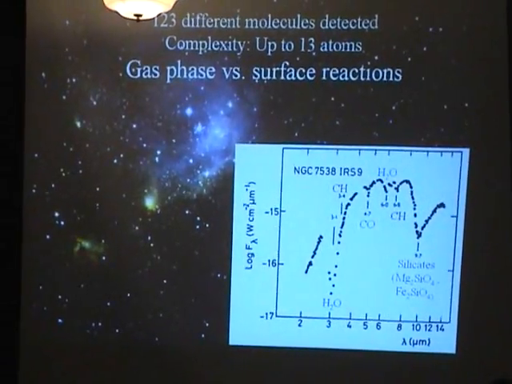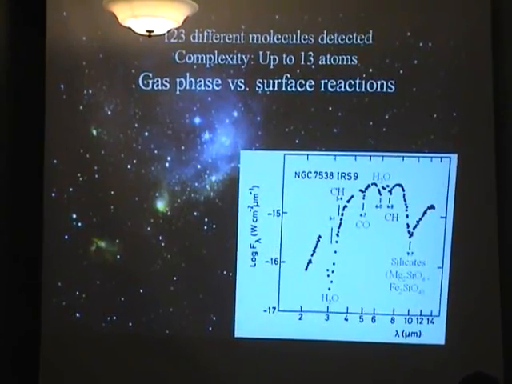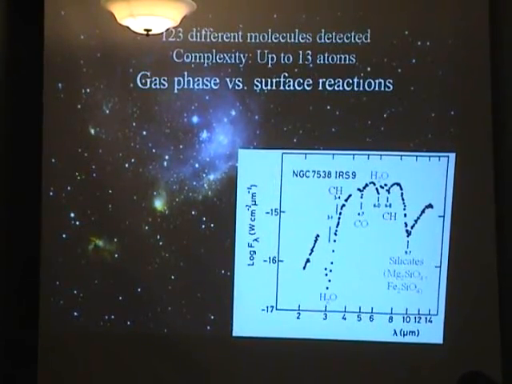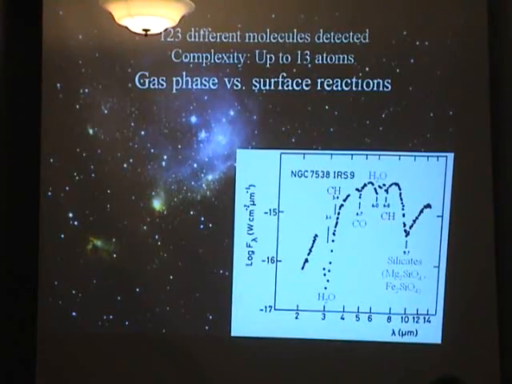So, as most of you probably know, 123 different molecules have been detected in the interstellar medium or in meteorites, and their complexity ranges up to molecules containing 13 atoms. Now,